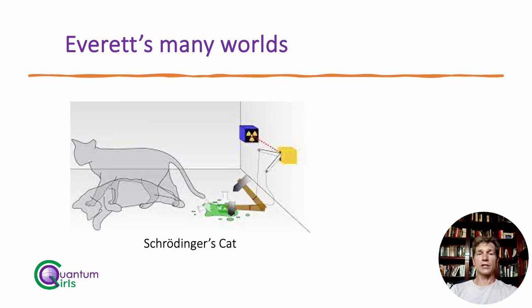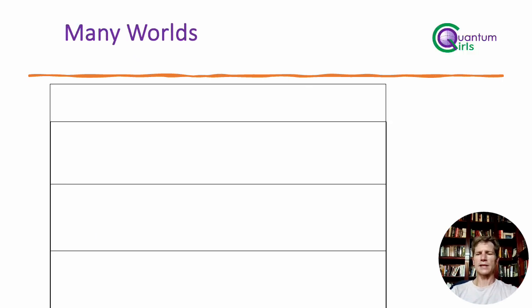Now, traditionally, we would think the cat's either dead or alive, but the quantum mechanical answer would be that the cat's in a superposition of being dead and alive. All we know is that there's a 50% chance that it's dead, 50% chance that it's alive, and it's not until we look in the box that we see that it's dead or alive. But Hugh Everett said, well, what if it just continues? What if it really is the case that the cat is both dead and alive at the same time, but then when we open the box, we join it in the superposition, and the superposition just continues out.